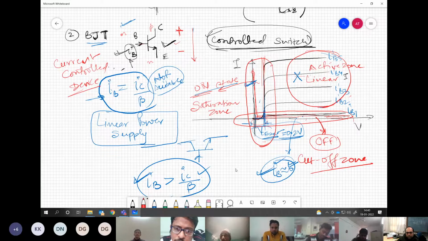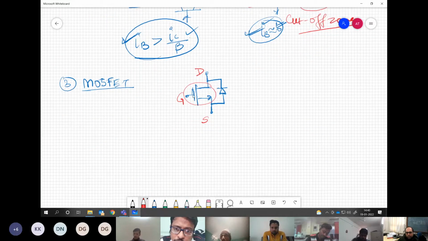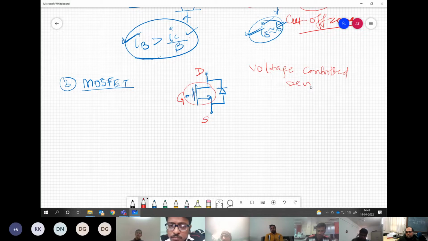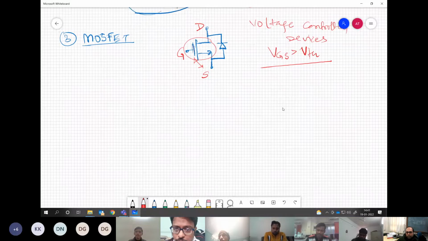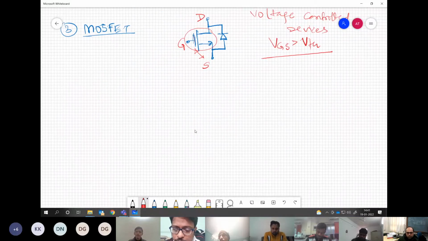Whereas here, in case of MOSFET, we do not see any connection directly from the gate to the device. There is some gap. So these are basically voltage controlled devices. And whenever this gate source voltage is more than the threshold value, then we see that the device is going into conduction or different modes of operation. So if we see the characteristic quickly,